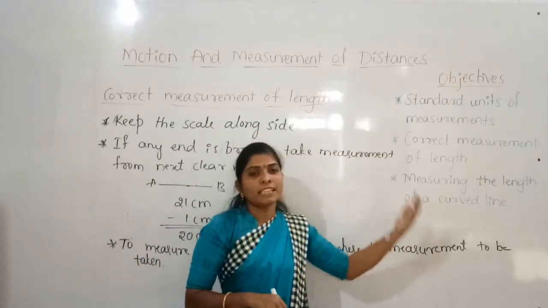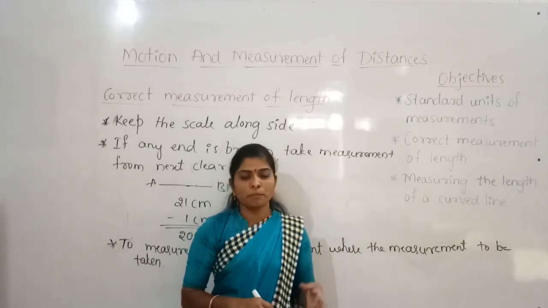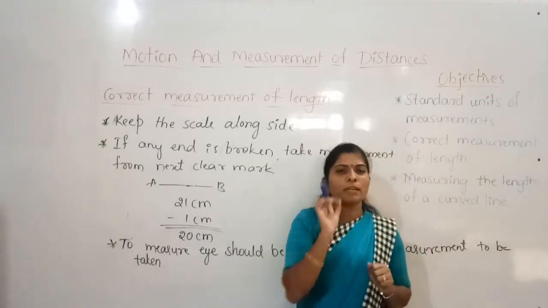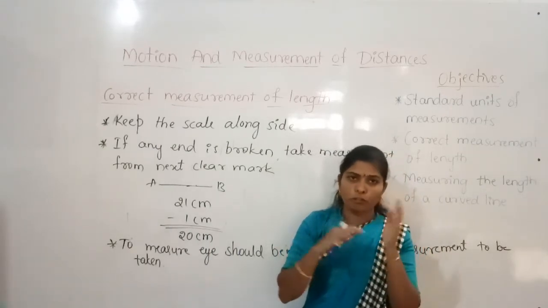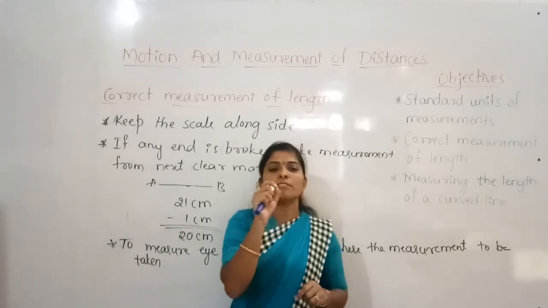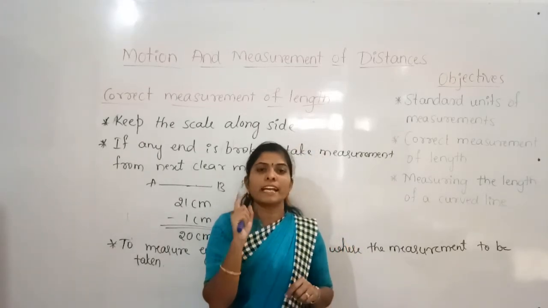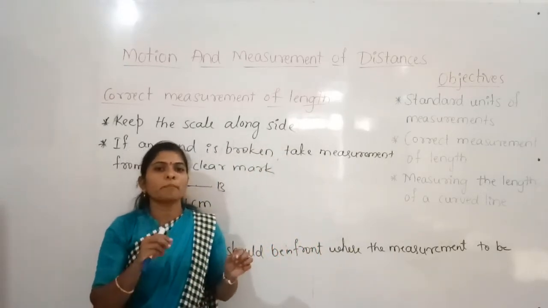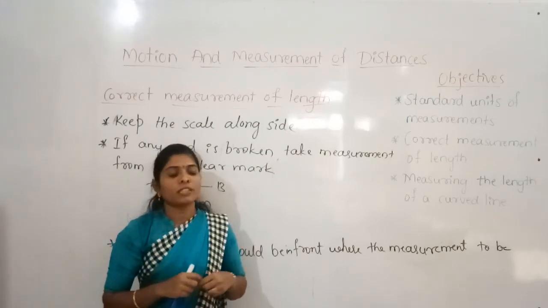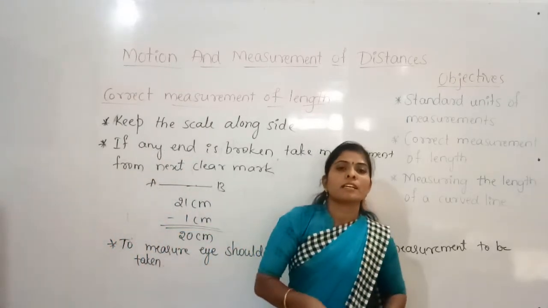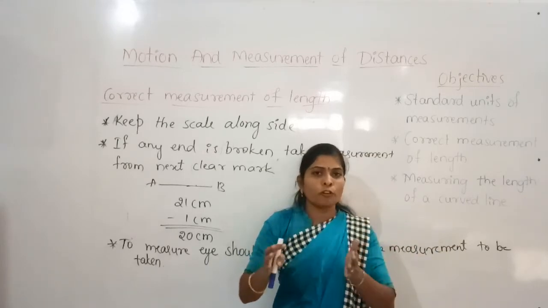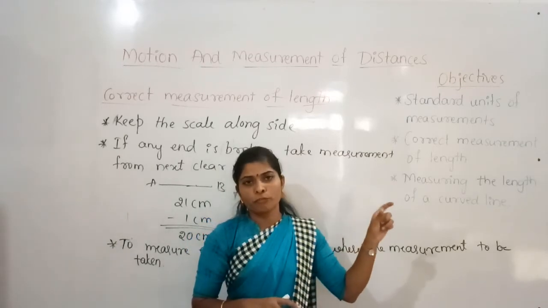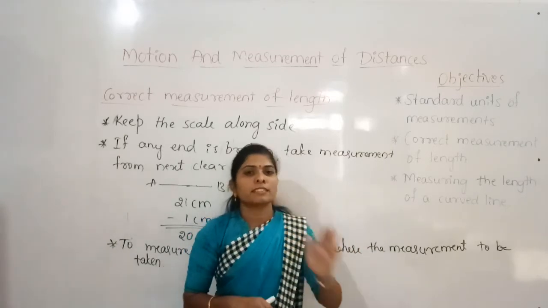But in the next column, where the measurement is in centimeters, there also you may get some errors, very little. It is approximately equal, but very little variations you may find. That is because you are not measuring correctly. So you may have made some mistakes in the measurement, that is why the variations may come. But if all 4 members measure exactly, then the last column, the height of the person in centimeters, will be the same only.